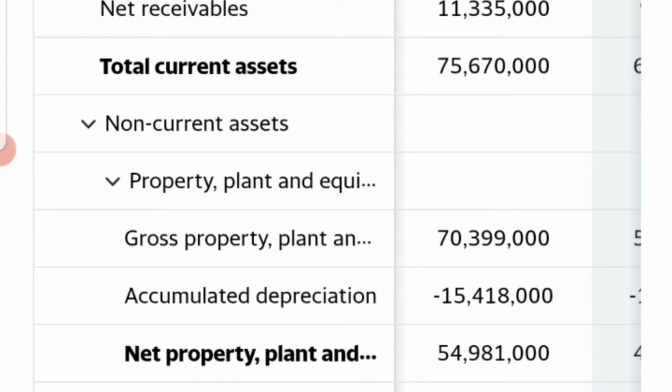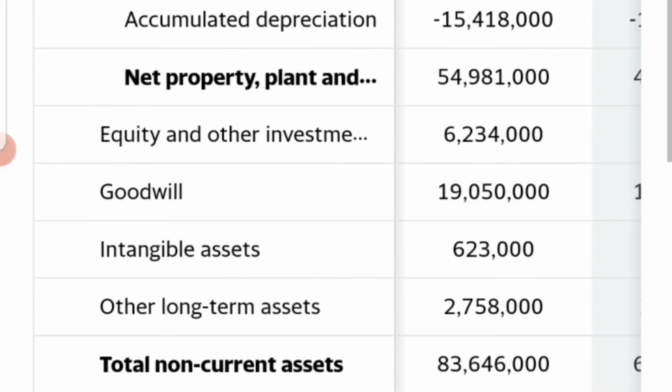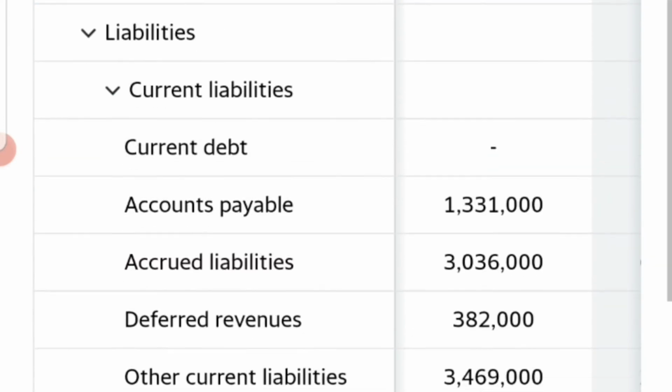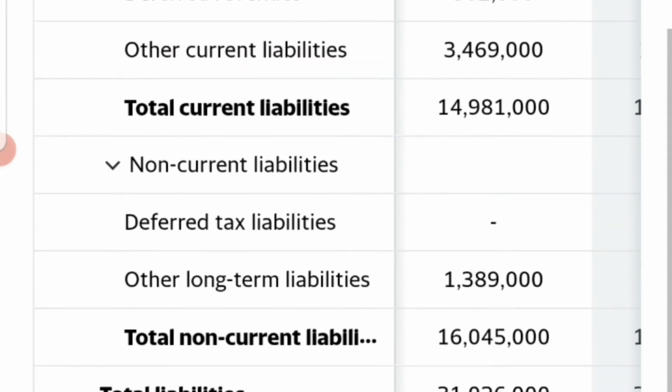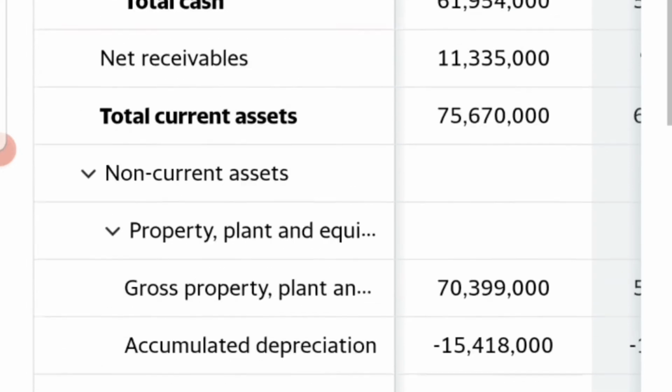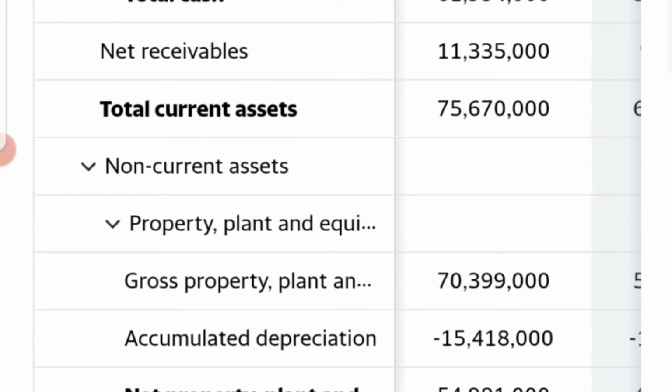We look at the cash, we look at the current assets, we look at the total assets, and I do not like to see goodwill under assets, because it's something that they pay out, and unless it's something they keep, I do not like to see it there. But you'll see here that the total liabilities are less than the cash they have on hand and the current assets, which is good